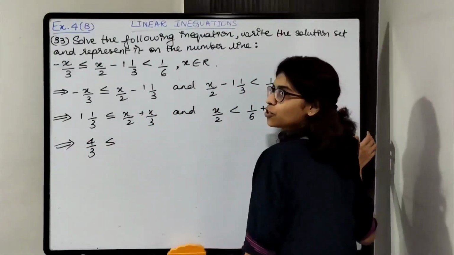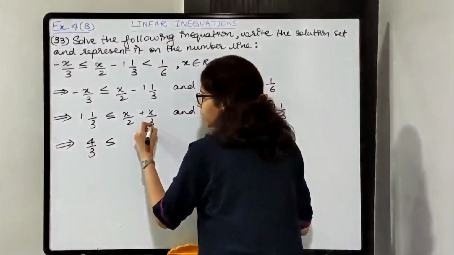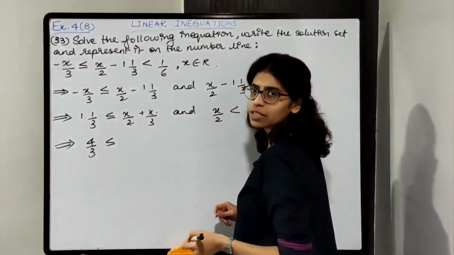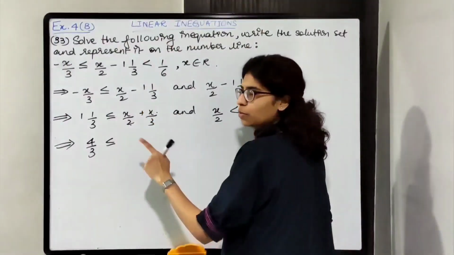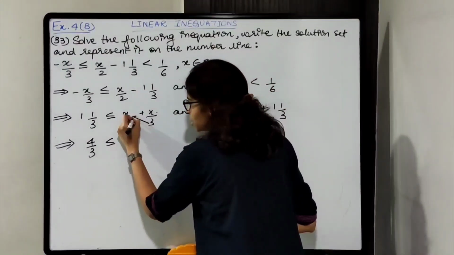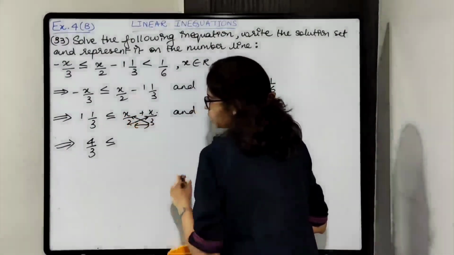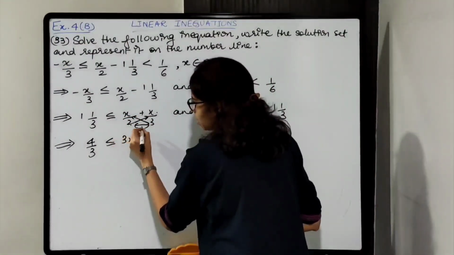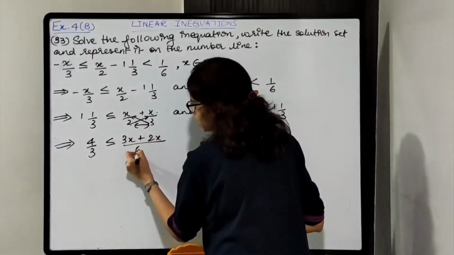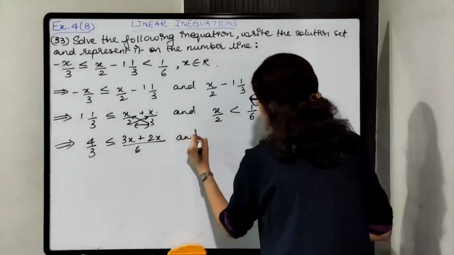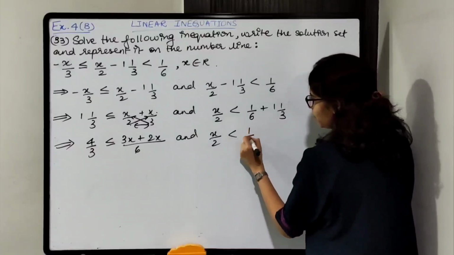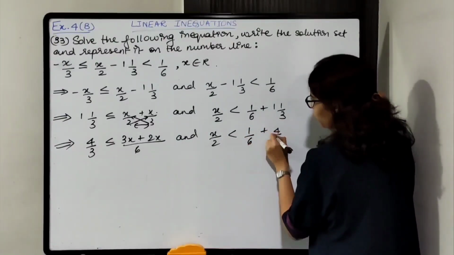और crisscross method that I follow. Denominator को opposite numerator से multiply करेंगे. यहाँ पे भी denominator को opposite numerator से multiply करेंगे. Put the sign in between and then multiply the denominators. So that is criss, cross and then the denominators. So 3x, put the sign in between, 2x upon 2 3s are 6. And over here, x by 2 is less than 1 by 6. And यहाँ पे भी 4 by 3 हो जाएगा.